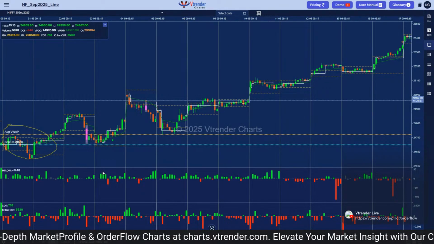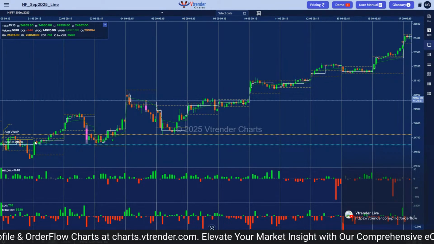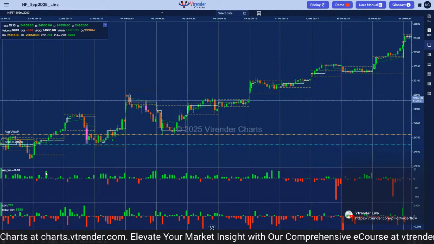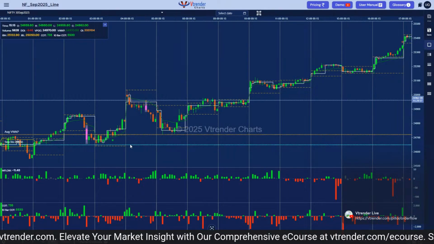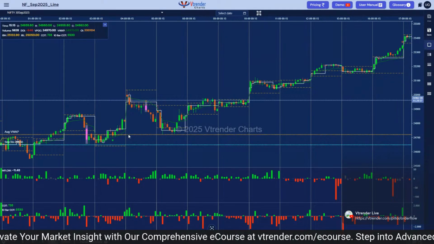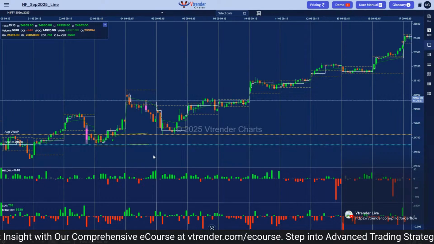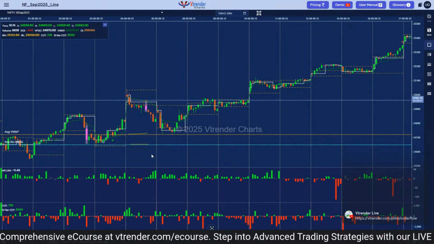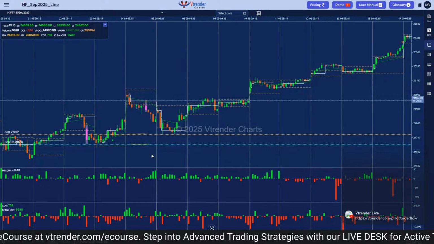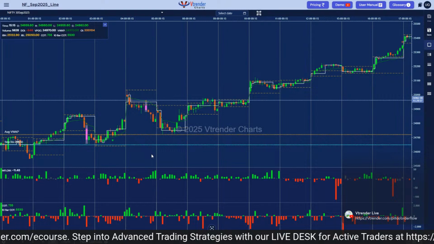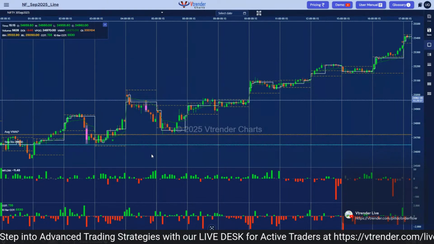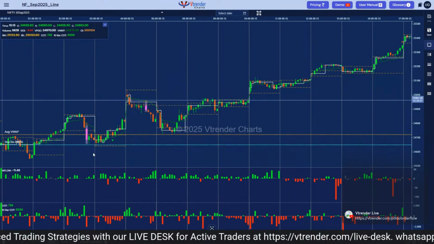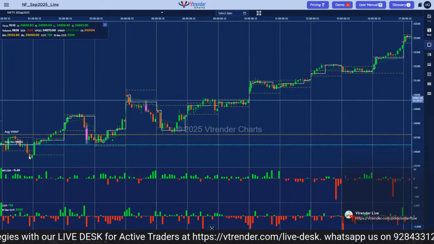One was the rollover point, which is the most important level which we mark when a new series starts, which was at 24650. And then we have the August VWAP, which was at 24718. We also make note of the POC of the previous month that was almost coinciding with the rollover point. It was at 24624. So what I have done is I have marked these two lines, and you can see